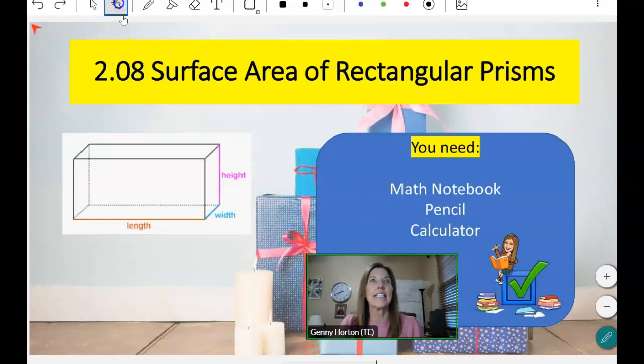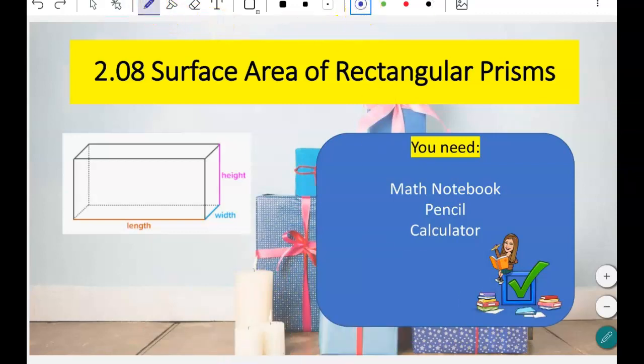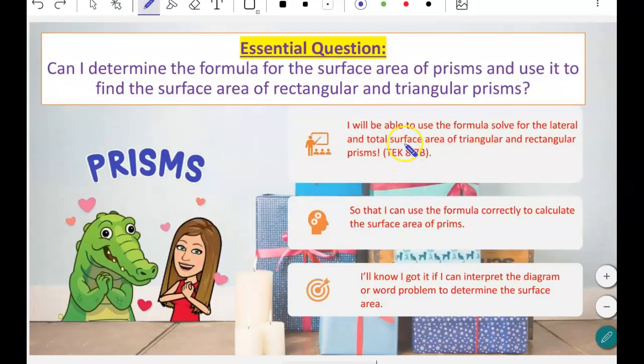Today's lesson is 2.08, surface area of rectangular prisms. You'll need your math notebook, pencil, calculator. You know the drill. Please make sure you're taking those notes and working out the problems as I go through this lesson with you. All right, so our essential question is,